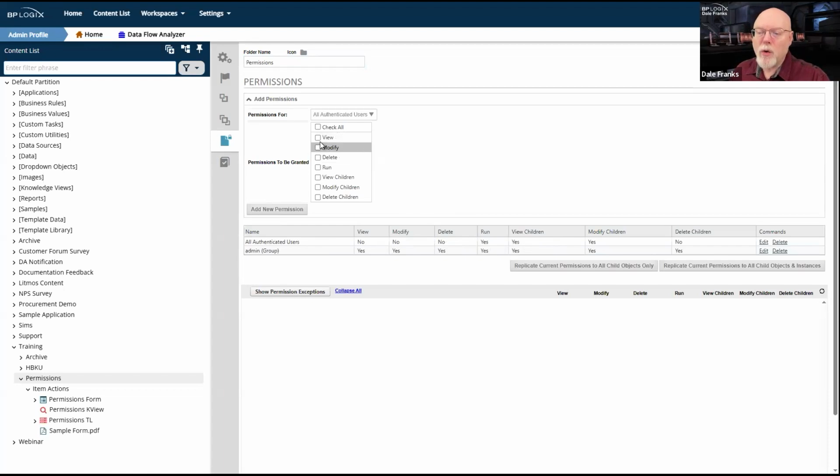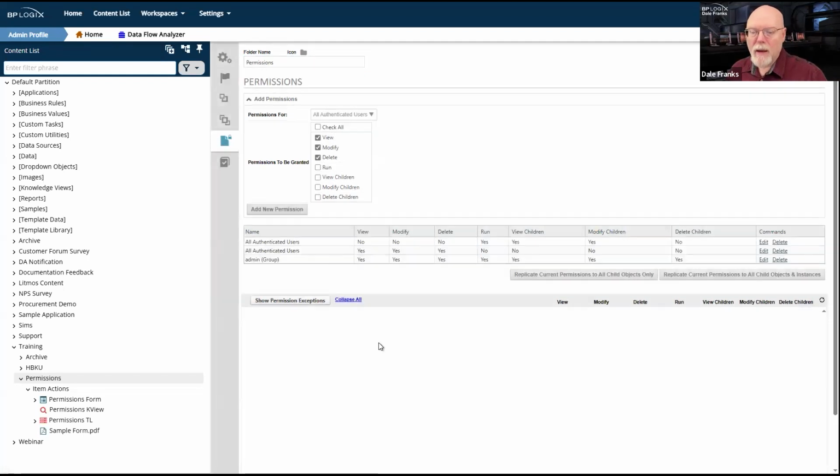If I were to create, however, a second permissions rule that gave all authenticated users these view, modify, and delete permissions, and don't worry, I'll explain what these permissions actually are in a moment, but I give them a new permission. I now have two all authenticated users permissions rules, one of which gives them access to things and the other of which doesn't.